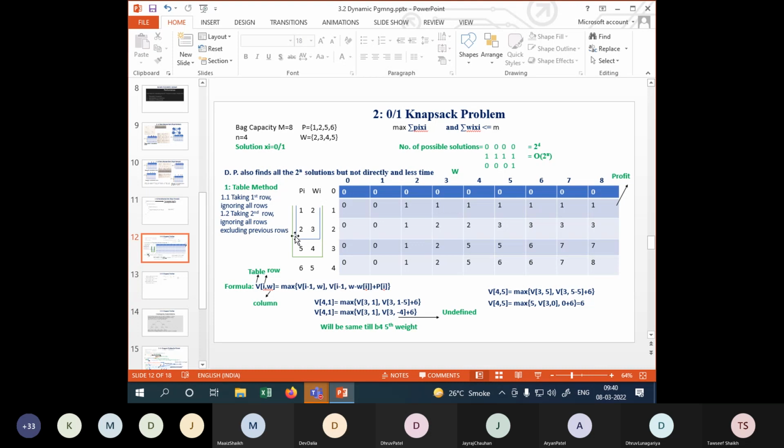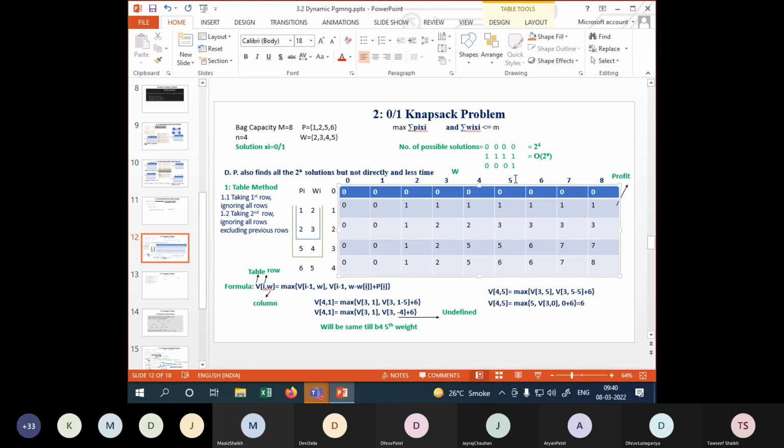Here the point is, taking the second row, जब मैं सेकंड रो को लेता हूँ मतलब 2 3, तो ऑल रो, जितने भी रो हैं उनको मैं इग्नोर करता हूँ, but not the first row, जो इससे पहले रो हैं उनको मैं इन करता हूँ। इसलिए यहाँ पे मैंने डायग्राम बनाई। 2 3 जब मैं लेता हूँ तो मैं 1 2 को भी इंक्लूड करता हूँ। जब 5 4 में लेता हूँ तब मैंने ये बड़ी डायग्राम बनाई ग्रीन की। इसका मतलब है जो उससे पहले है, 2 3 हो 1 2 हो, मैं इनको भी इन करता हूँ।